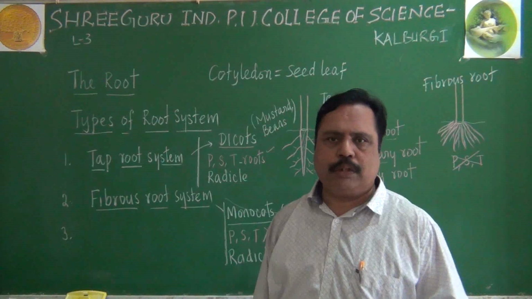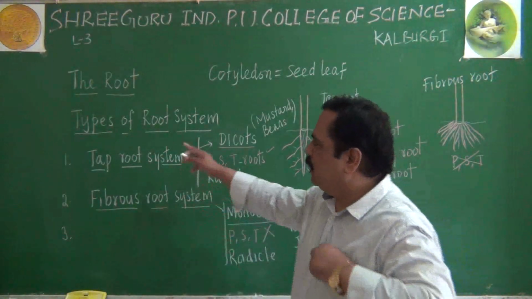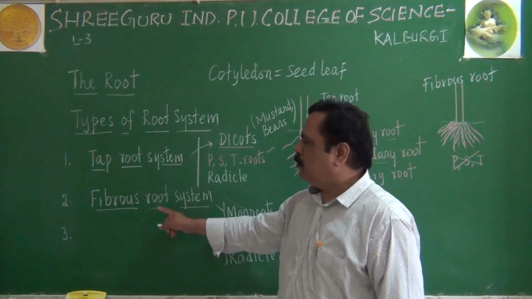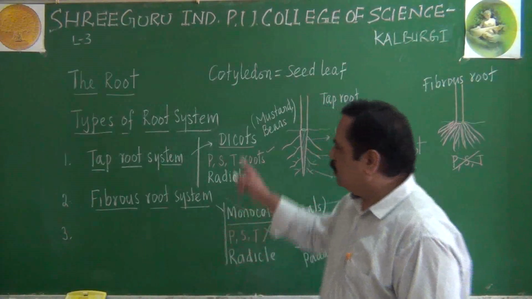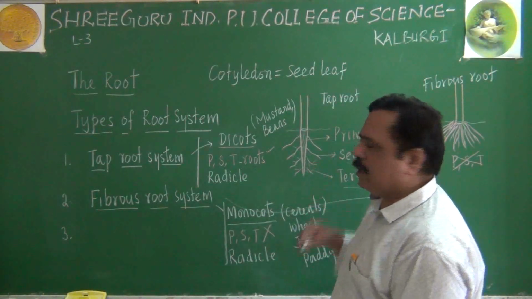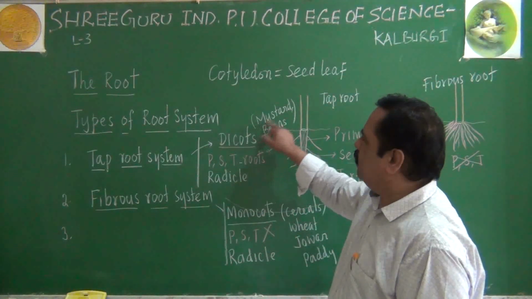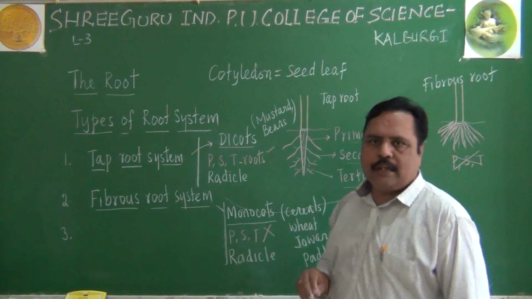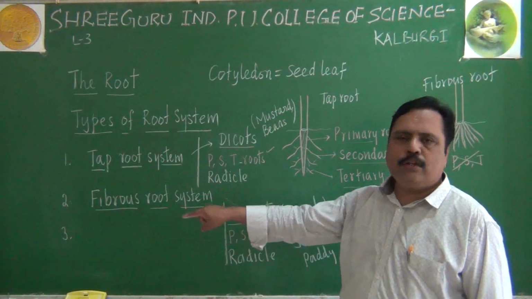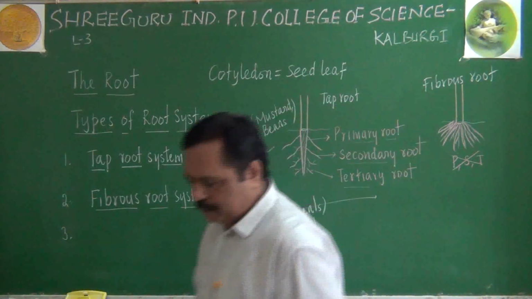In angiosperm, we are studying about morphology of angiosperm. In that, there are three types of root system. First one is taproot, second one is fibrous root. You can remember four points or three points. You have to remember the diagram also. Basic diagrams are there, just to recall the point. Even I told you some examples for dicot and monocot. Please make note of this. I will tell you about the third type of root system here.